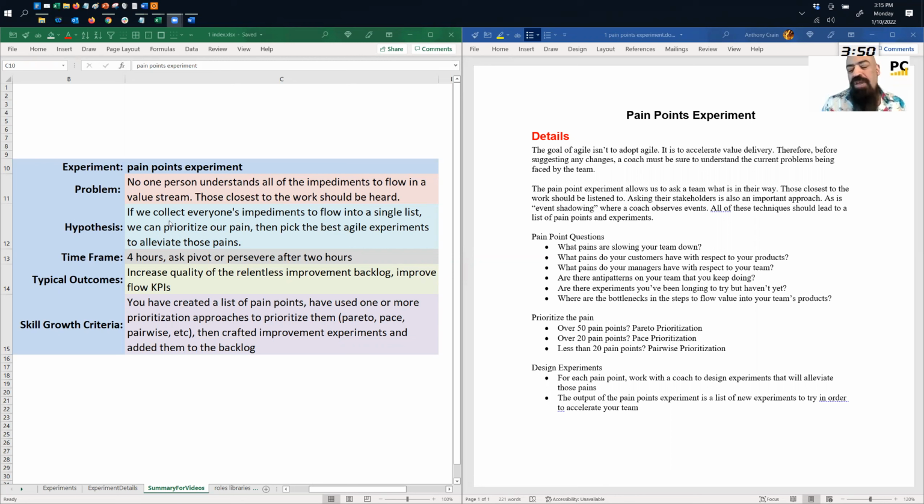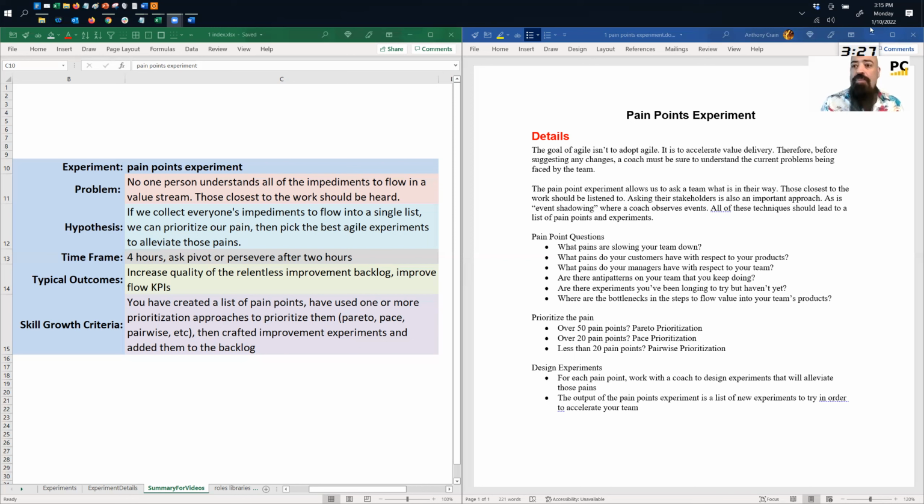In the meantime, just understand this: going agile or adopting SAFe or any other process is trying to improve something important. If we don't understand what that thing is we're trying to improve, then it becomes very difficult to focus on any experiment, because you're like, why am I doing this? I'm just doing it because someone told me to. Much more exciting when you're doing it in order to remove a pain.